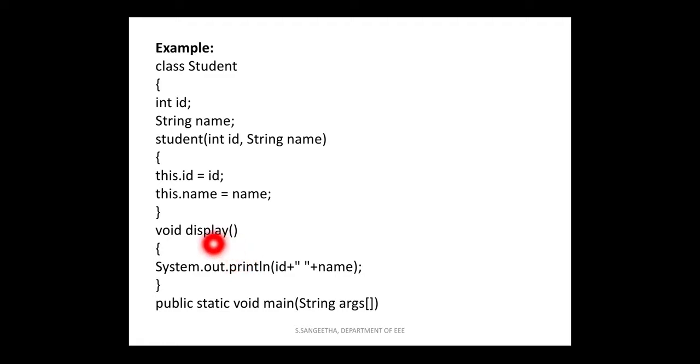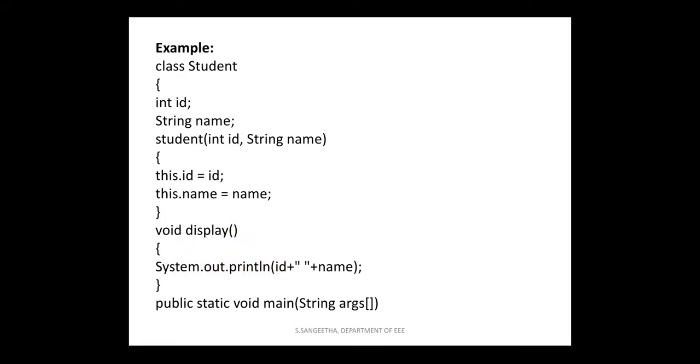To display the output, you have to use this statement: System.out.println(id + " " + name). Here, id means the value of id will be displayed. Next, within quotation there will be a space, so in the output, after id there will be a space, and plus name means the name that we displayed here will also be displayed. So id and name will be displayed separated by a space, and the id and name will be displayed in the output box.